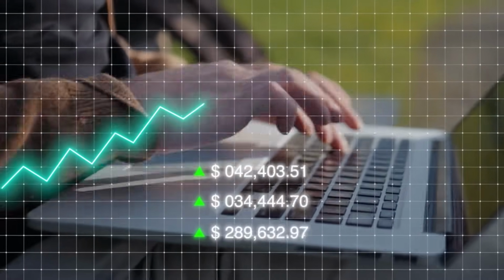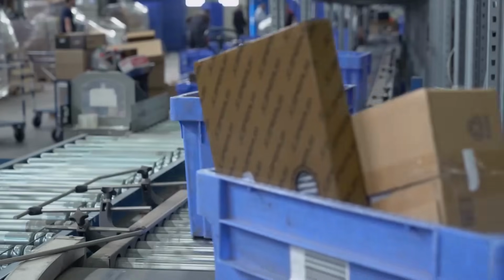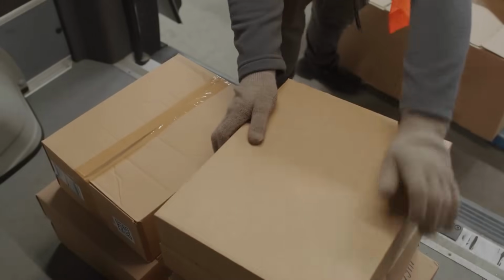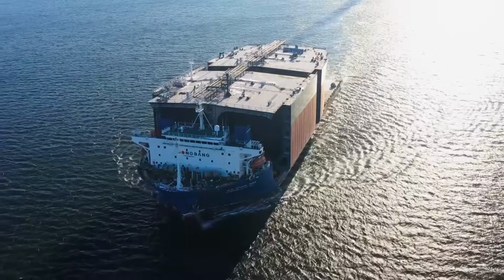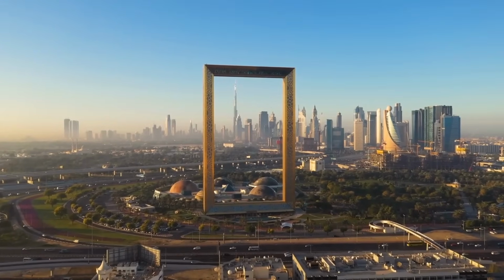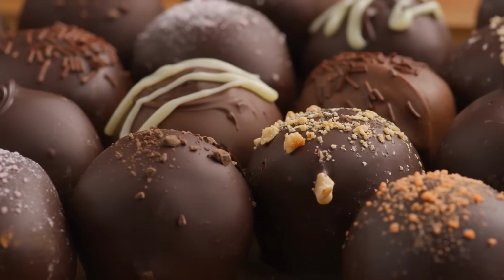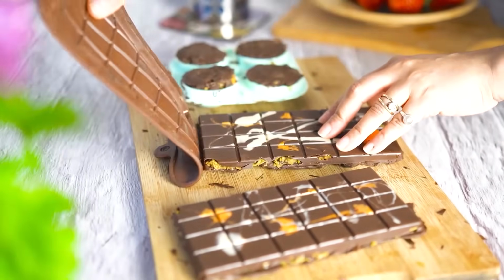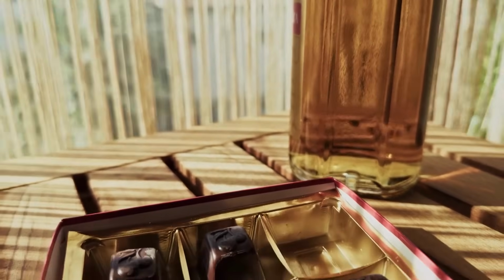And as international interest grows, Dubai chocolate makers are looking to expand their reach. Export strategies include partnering with duty-free retailers, developing cold chain distribution protocols for overseas shipping, and adapting packaging to meet European and North American labeling laws. Still, the core identity remains rooted in Dubai's unique cultural aesthetic, where East meets West and tradition fuses with luxury modernism. As Dubai's chocolate industry matures and gains global recognition, the focus is no longer solely on aesthetics, flavor, and